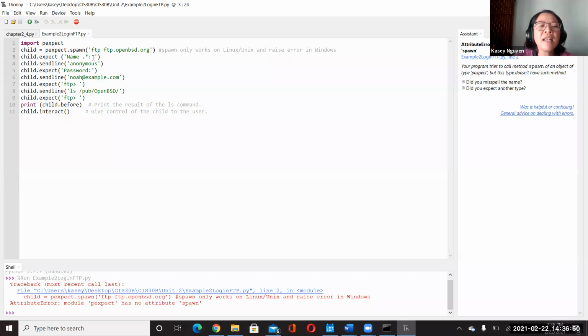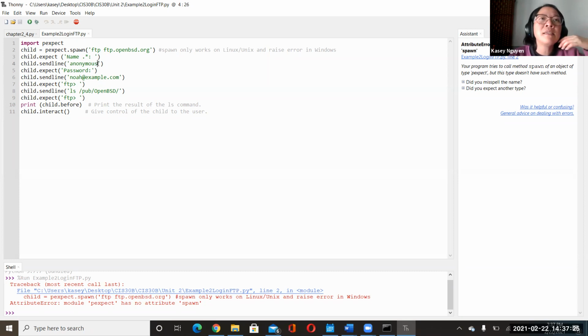You can add some of the elements that you would see in regular expressions, the characters you want to expect there, okay? Then once it finds the name, we want to send in the characters from the string anonymous. So when it sees name on that FTP site, it's going to plug in anonymous, and most FTP sites support an anonymous user, where you don't have to create a user account.